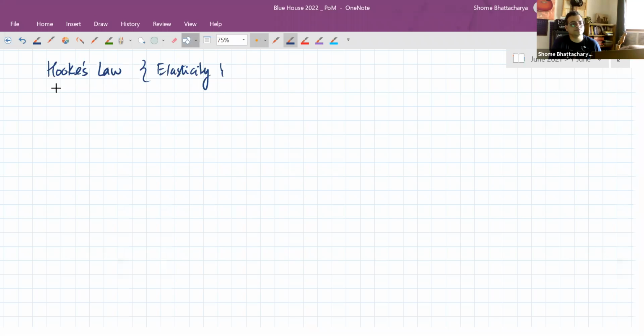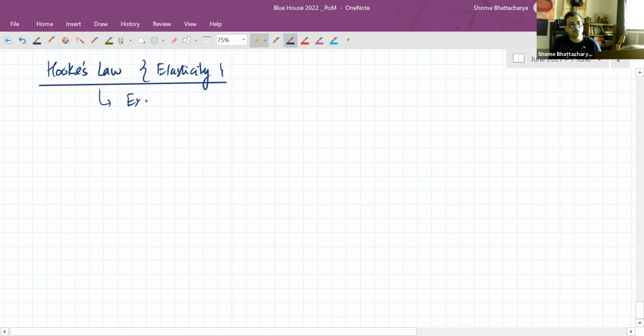So Hooke's law is an experimental law based on the study of elasticity of different materials. So it's an experimentally derived principle related to elasticity